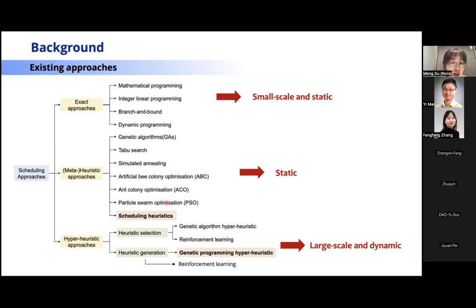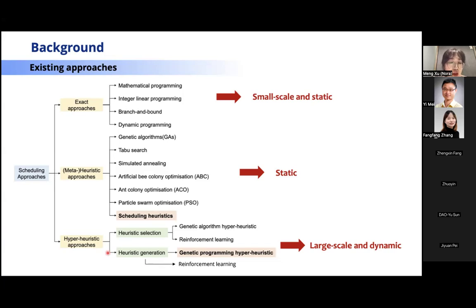And another type is the scheduling heuristic. Well, scheduling heuristic here means the manually designed scheduling heuristic. They can be used for solving a large number of job shop scheduling problems and can give feedback in real time. But actually, this kind of method needs domain knowledge from experts to design different scheduling heuristics based on different scenarios. So we have another type, hyper-heuristic methods, that try to evolve scheduling heuristics,